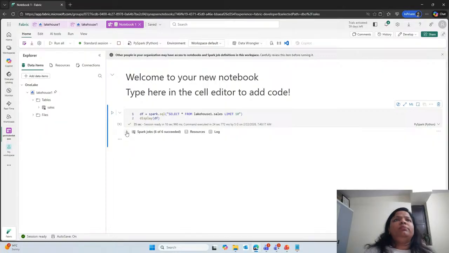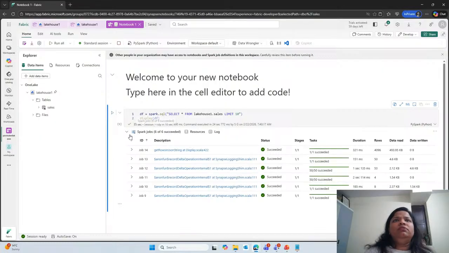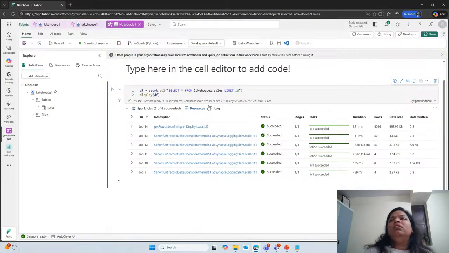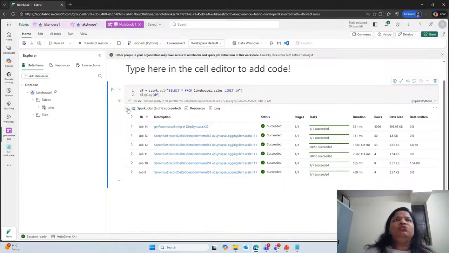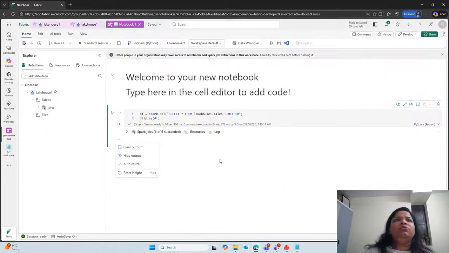The execution has happened. Okay, it seems the output of TF is showing me the Spark jobs. Where is my output? Let me check again.